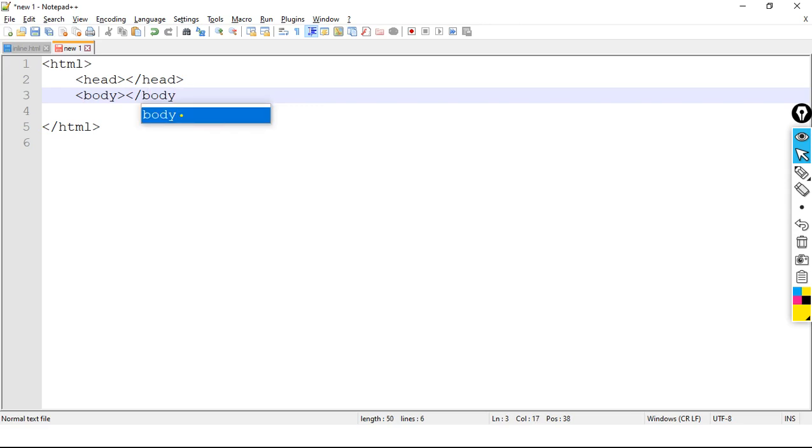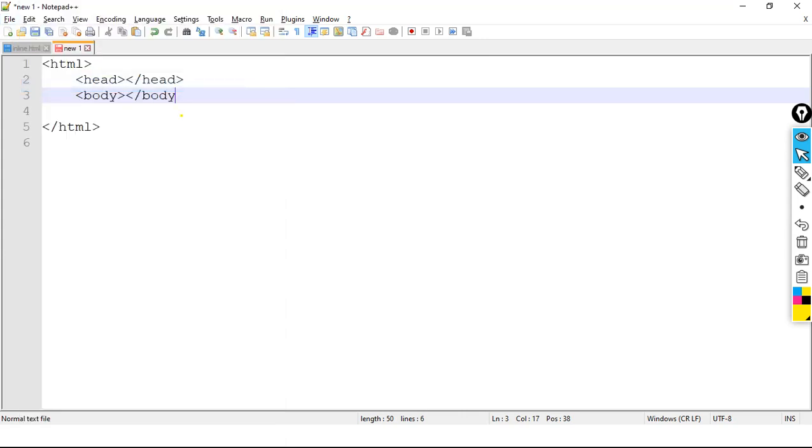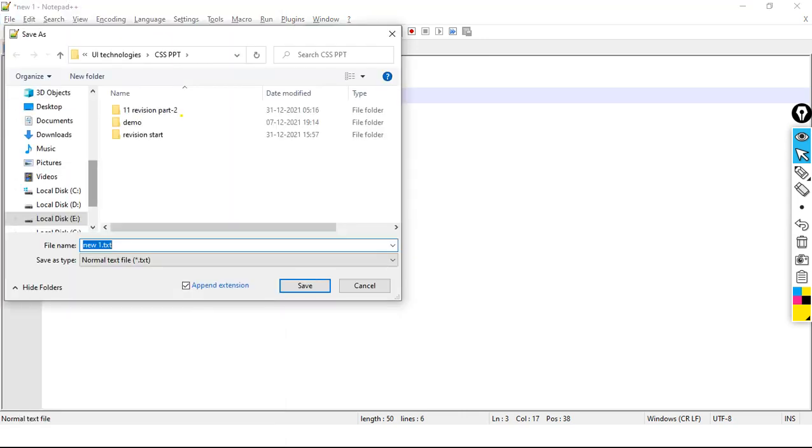Let's make it okay. What we will do, we will make it CSS. Save. CSS external CSS file dot CSS. Okay,